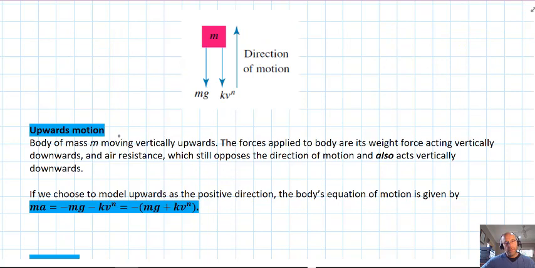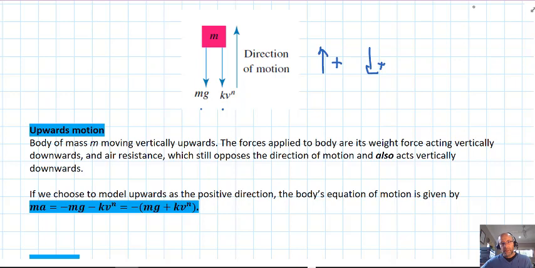Now, a different scenario is when we have upwards motion. So if it's projected upwards, we might need to find, for example, the greatest height something reaches. Again, this is straight line motion. If we choose to use positive as up this time, we would have the following scenario where we have the weight and the drag force opposing the motion, both heading in the opposite direction. Of course, if you chose to do this, positive downwards, they'd all be added together, but the initial velocity would be a negative quantity, as would height above the ground,